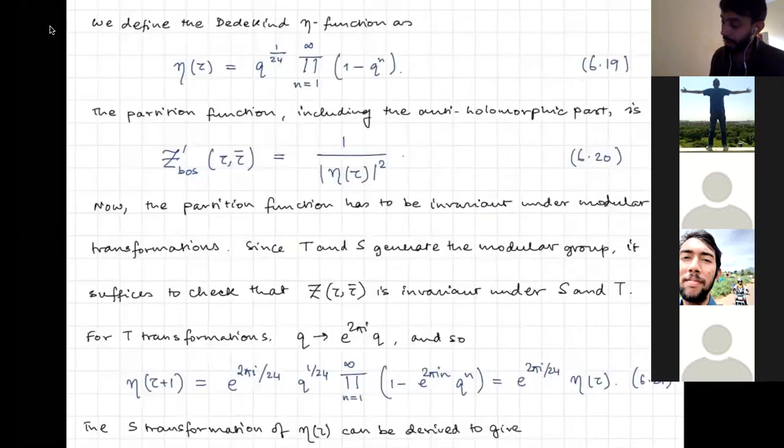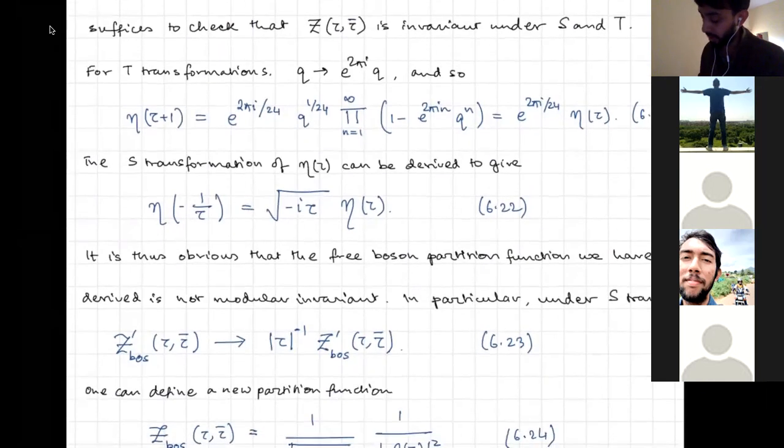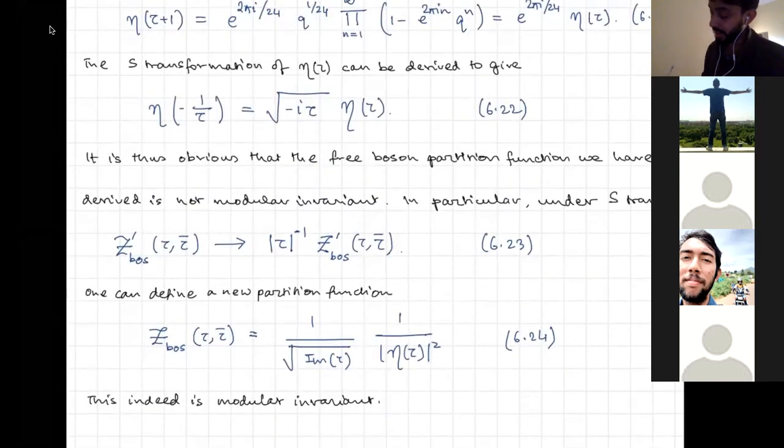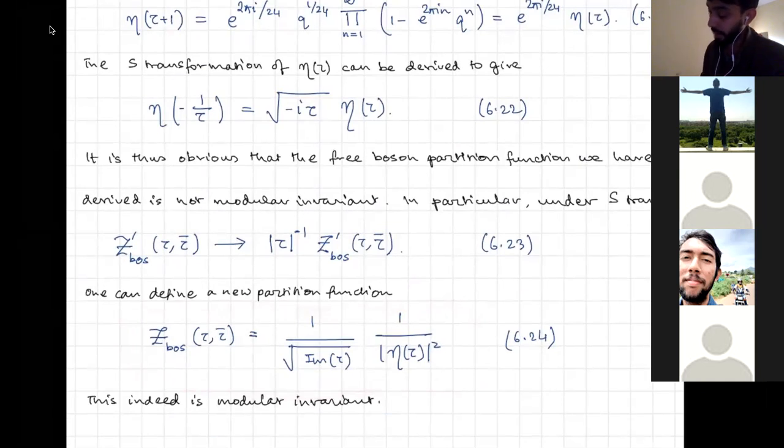Okay, and so you can actually see that this is going to be something which is going to be invariant. Okay, so by demanding the fact that our theory is modular invariant, or our partition function is modular invariant,